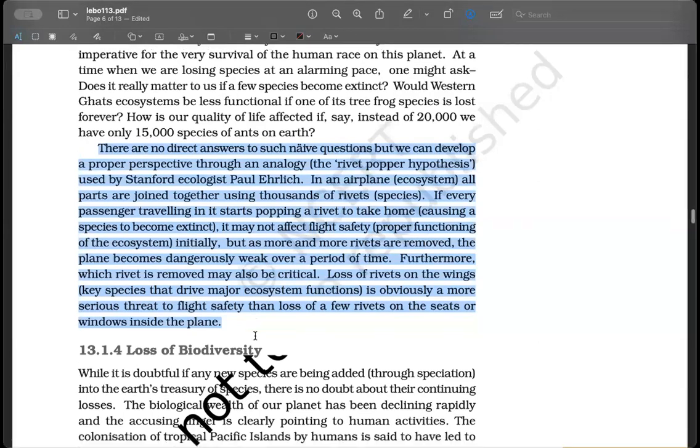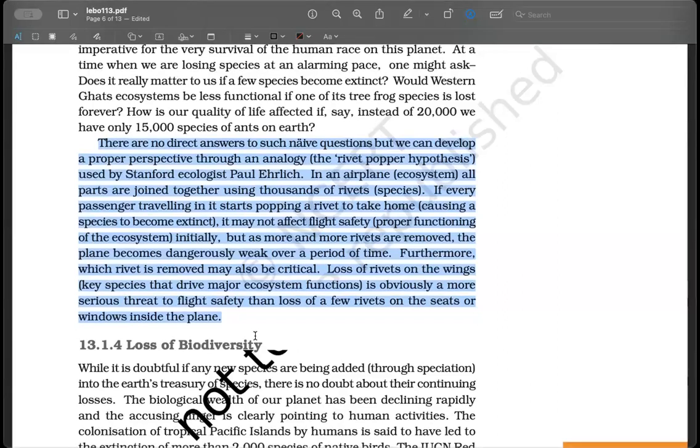Would you like to read the paragraph that I've highlighted? Yeah. There are no direct answers to such naive questions, but we can develop a proper perspective through an analogy. The Rivet Popper hypothesis, used by Stanford ecologist Paul Ehrlich. In an aeroplane ecosystem, all the parts are joined together using thousands of rivets, species. If every passenger traveling in it starts popping a rivet to take home, causing a species to become extinct, it